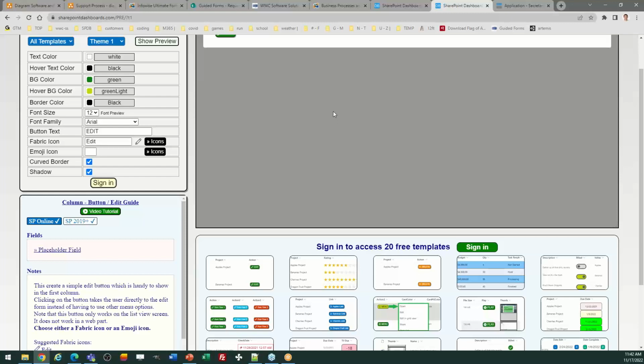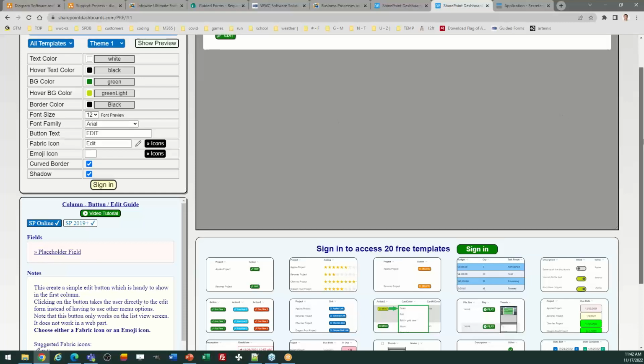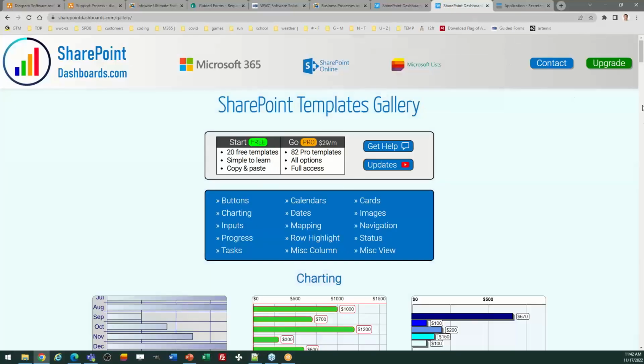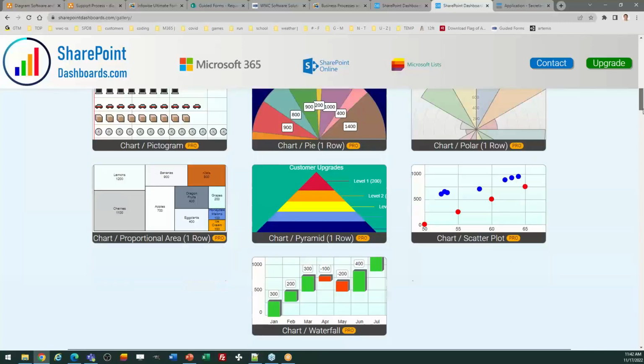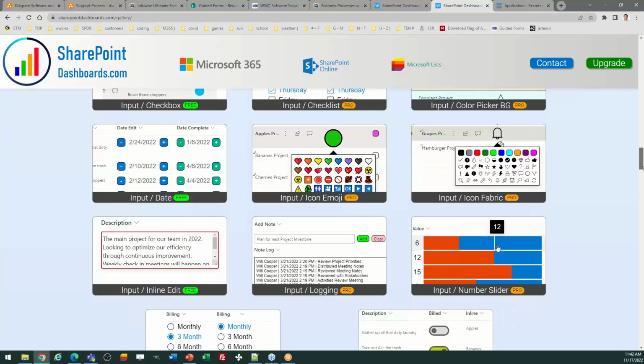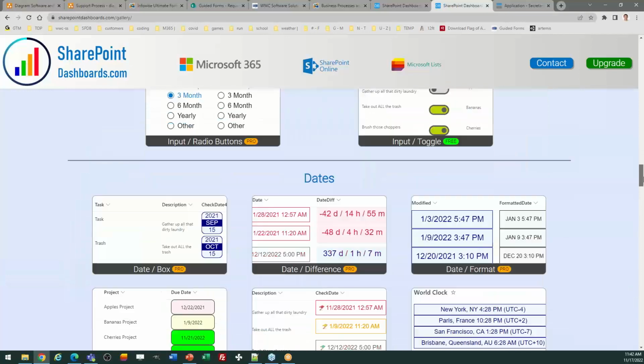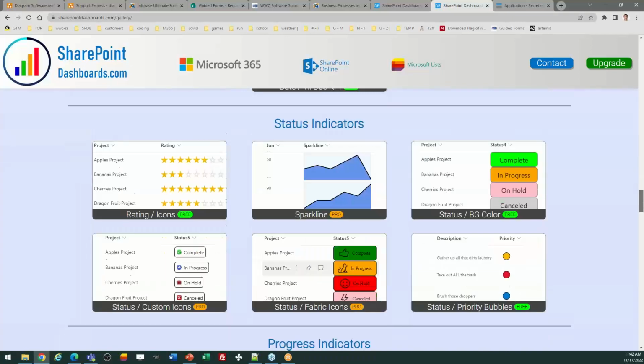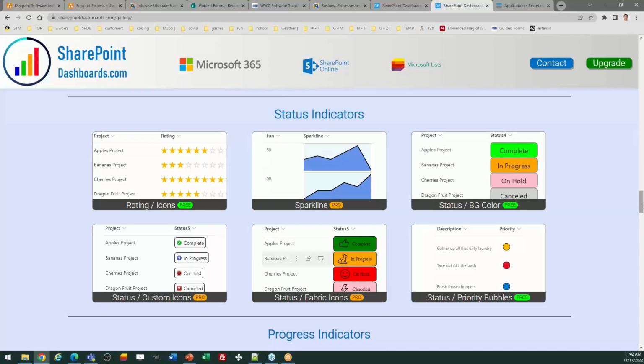So it's just a nice additional tool that you can use in SharePoint Online. I think you'll find it quite handy. And the more you learn about it, and the more you use it, you'll realize there are lots and lots of very cool things that can be done. So like I say, some of the more advanced concepts and templates are really around charting. You can do things like input slider, all kinds of custom icons, lots and lots of different templates. So you can browse through that for yourself just to explore, just to see if there's a particular kind of thing that you want. All right, so that's what I wanted to show you about